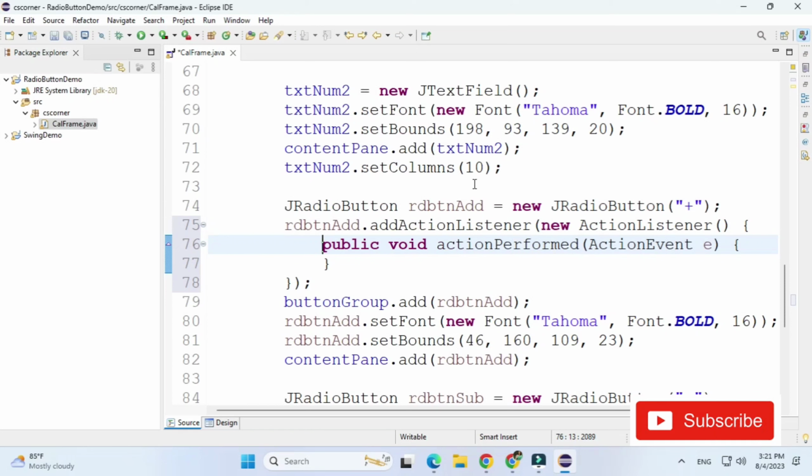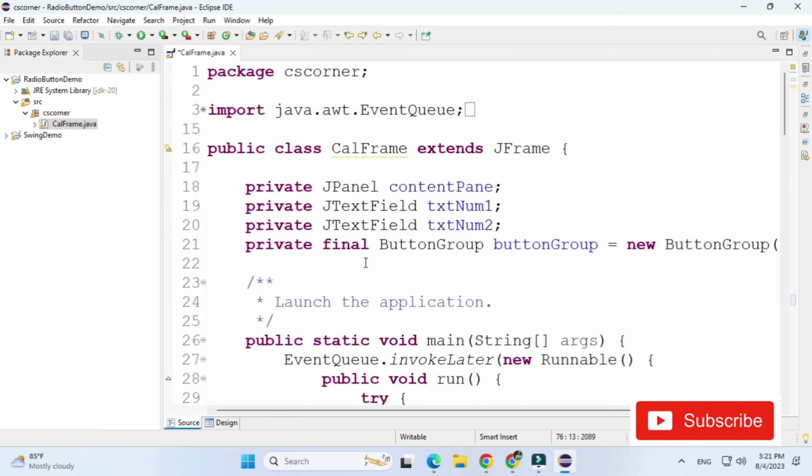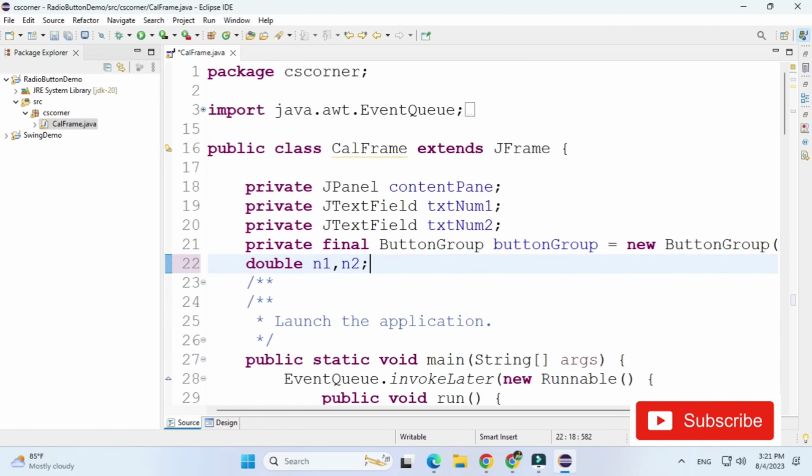So now for addition, subtraction, multiplication, I need two numbers and my numbers are in text fields. So I'm going to accept those numbers and convert them into numeric values. But the same task I need to perform 4 times. So I'm just going to create a user defined function. First of all, I'm going to declare two variables, double n1 and n2. To be safe, let's declare double so that decimal values also get accepted.